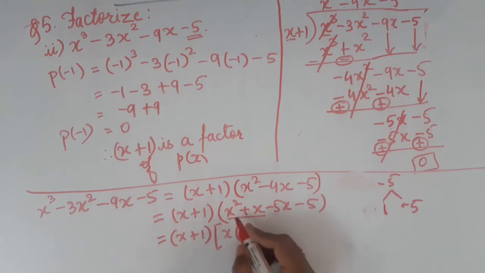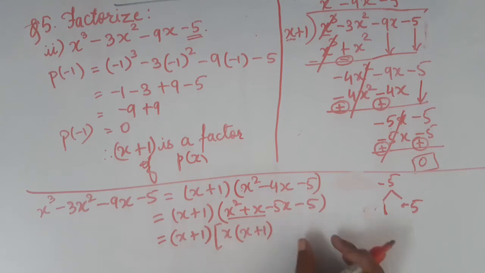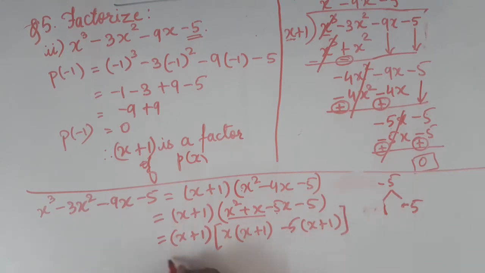So take x common, what remains is x plus 1. Now take this bracket and keep it here. Now adjust the term. Here minus 5x is there and it is x here. So with what should I multiply? With minus 5. Okay. So it is equal to x plus 1. From these two terms I can take x plus 1 common. And what remains is here x and here minus 5. So these are the three factors of the given cubic polynomial. Clear? So in this way you have to solve here.